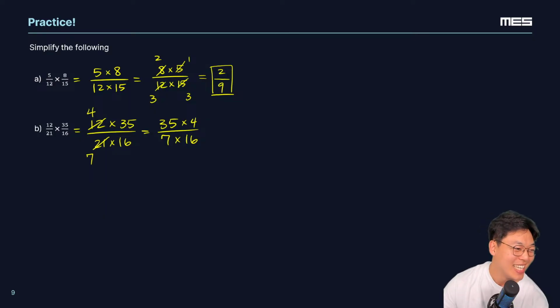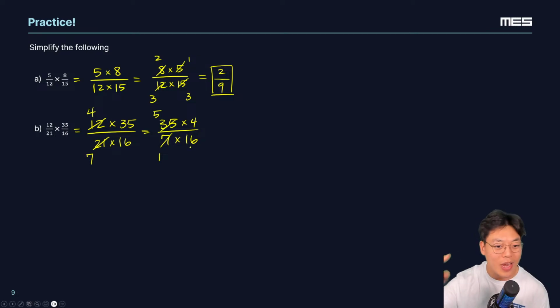Love the friendly competition. 35 and 7 have a common factor of, yes, it's going to become 5 and 1 because the common factor here that both of these numbers are divisible by is 7. So 7 divided by 7 is 1. 35 divided by 7 is 5, just like Chloe said. How about this next one? 4 and 16. Great, Max. I see you.